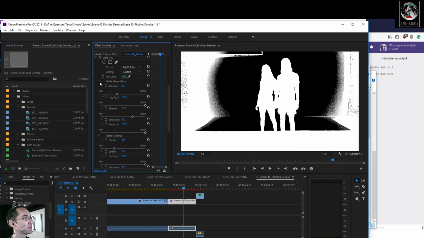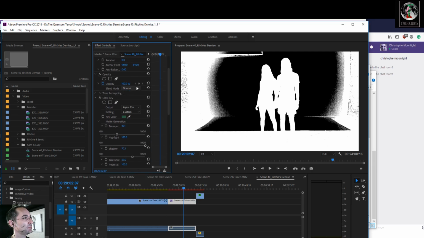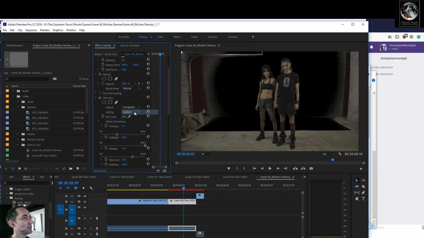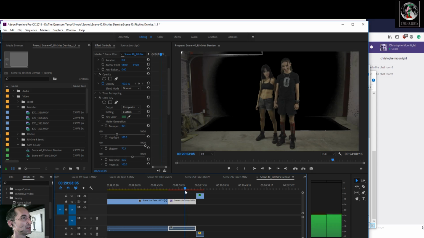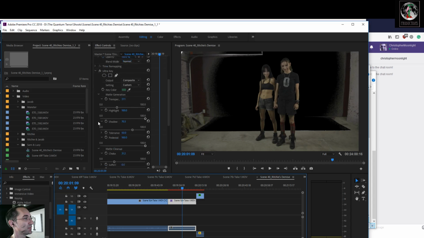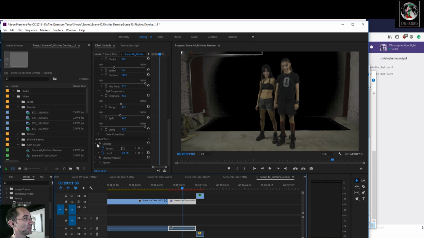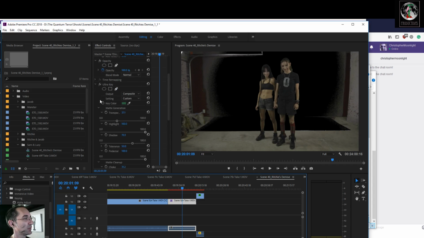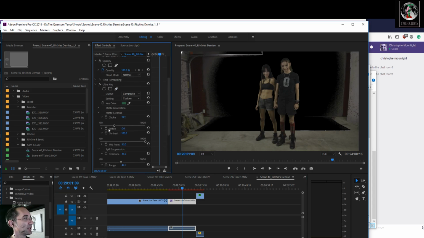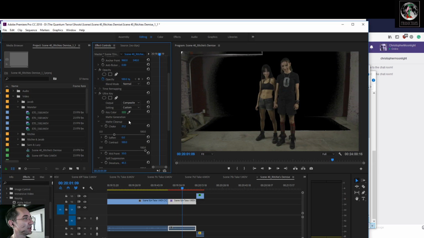So transparency seems to have helped. Let's see how it looks. Oops. We've got a lot of edges, you can see under her arm here. So it's got to be a more efficient way to arrange this. Looking at you, Adobe.